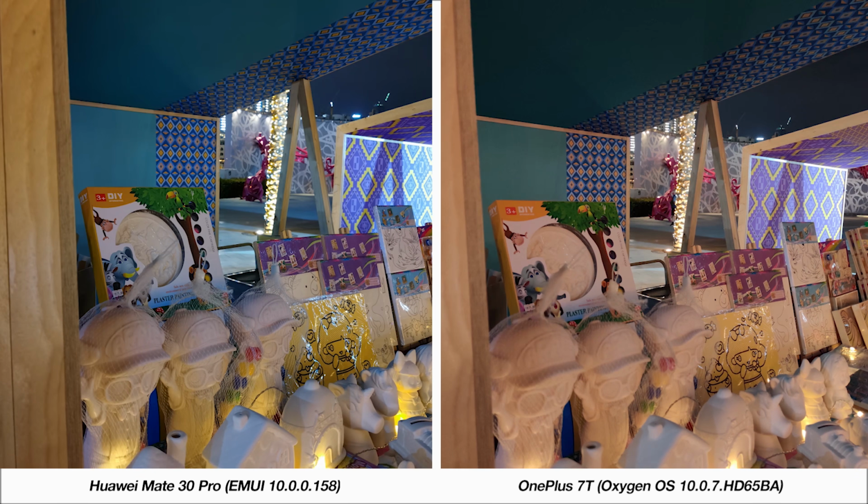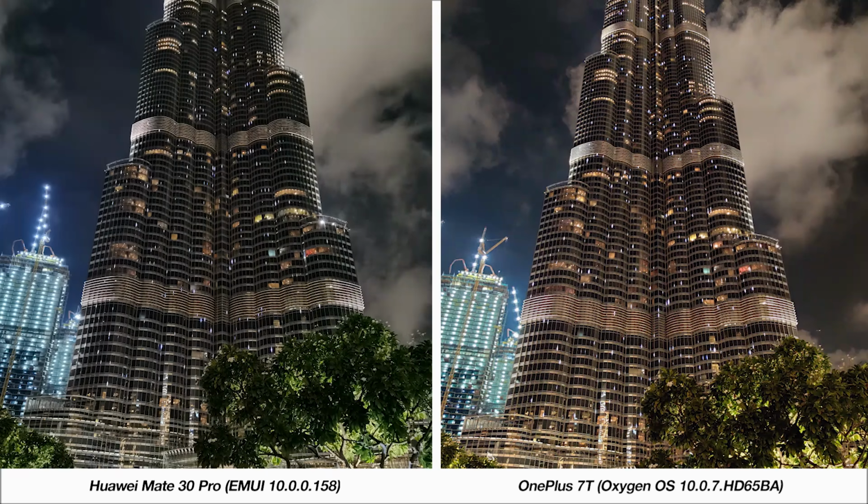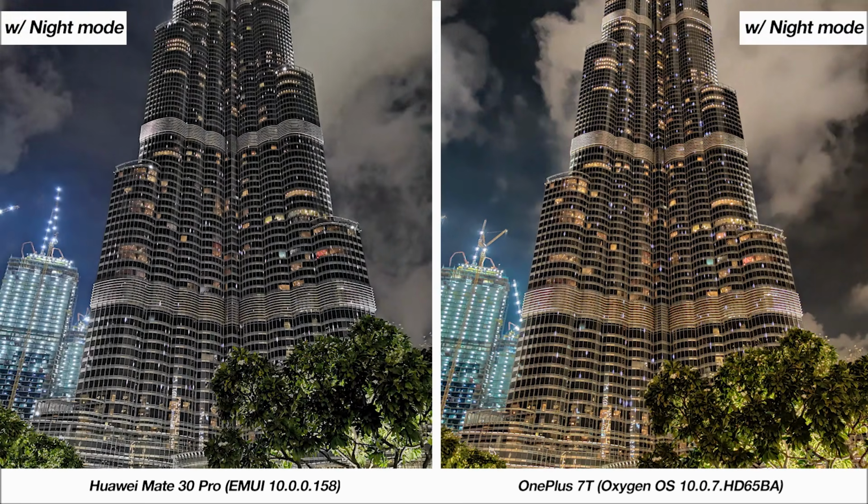Next, we've got this image where the Mate 30 Pro is doing exceptionally well. It has the overall better picture, detailing, and the difference really shows. With night mode too, the way the picture is handled by the Mate 30 Pro is commendable. We've also got this picture of the Burj Khalifa, where I'd give it to the 7T based on the sharpness of the full picture. Using night mode here doesn't yield the best results from either phone if you ask me,